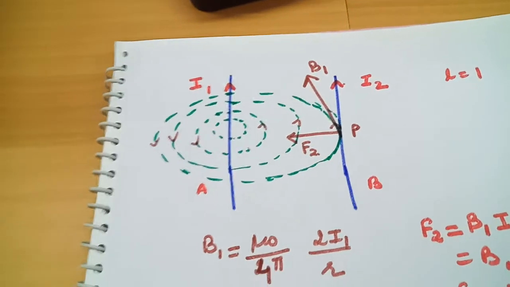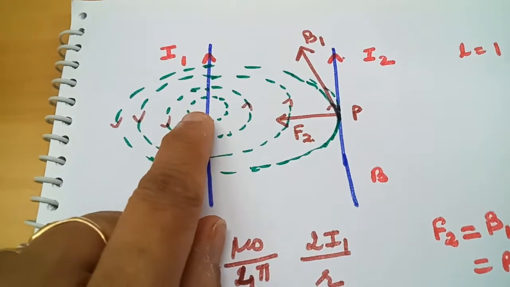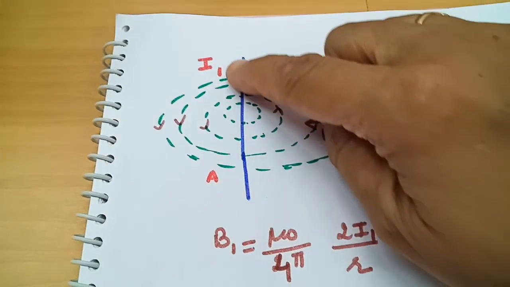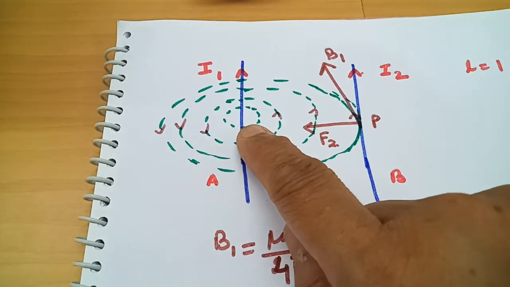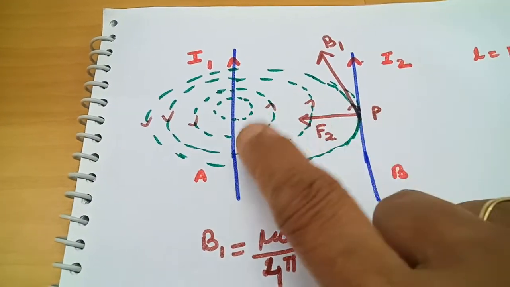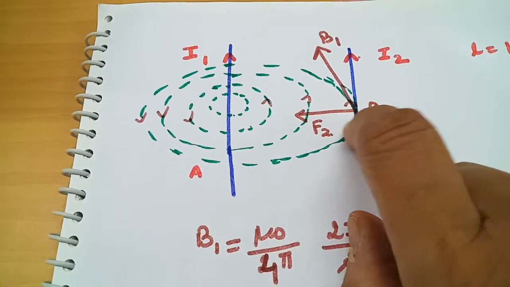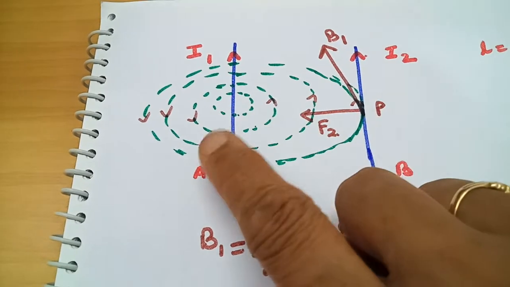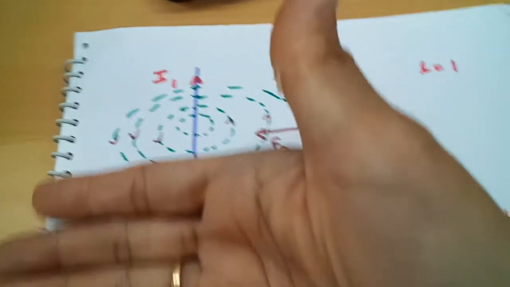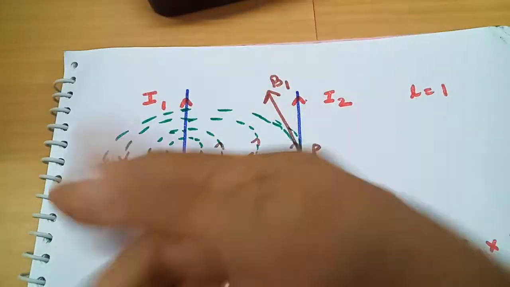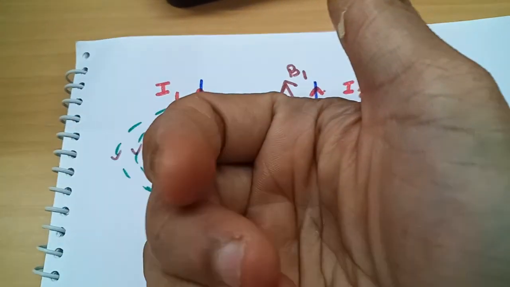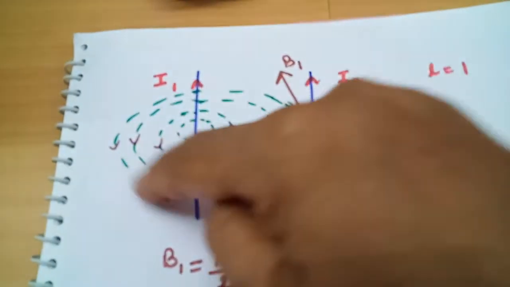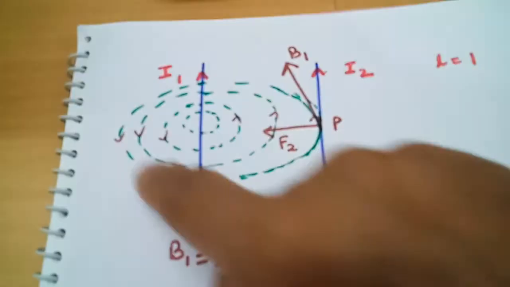Now first of all, we are considering the current flowing in this conductor. The current flowing in this conductor is in the upward direction. So first of all, you have to find the force on this conductor due to this current. So you must have the value of the magnetic field at any point on this conductor due to this current. You will apply the right hand thumb rule for this current. So this is the direction of the magnetic field lines, anti-clockwise. So concentric circles are developed around this current carrying conductor.